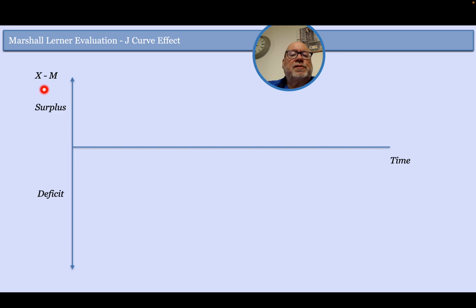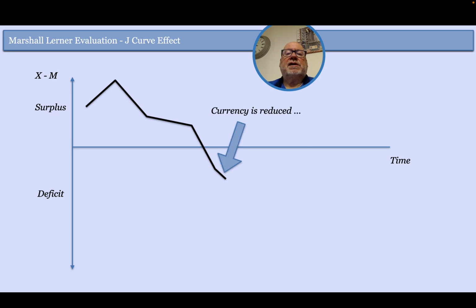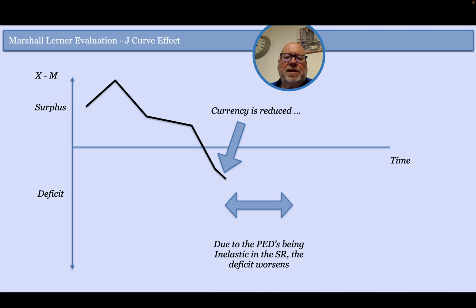So on this part here, we have X minus M. This is a surplus. Here's your deficit. And this is time. So the argument is, here is our lovely balance of payments, and it has gone into deficit. So as it goes into deficit, what might happen is that you reduce your currency. Either you intervene or the currency will automatically go downwards, if you remember from what we said before about demand and supply. But because the PEDs are inelastic, the first thing that's going to happen is that the deficit's going